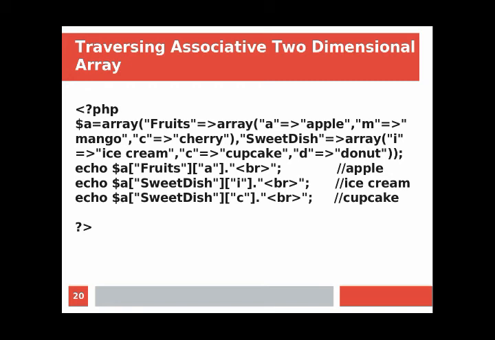So according to this first statement, that is $a, "fruits of" A. So here fruits, then A, that means the value of A is apple. So apple will be printed. Then again here sweet dish and I. Because I is a key and the value of I is ice cream, so ice cream